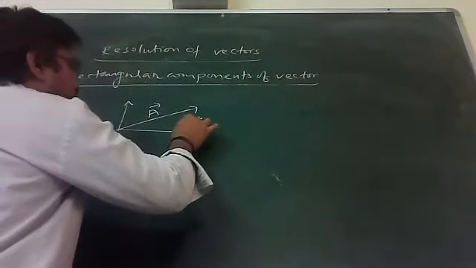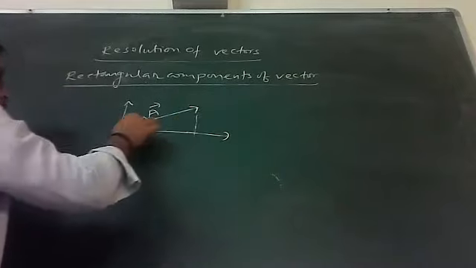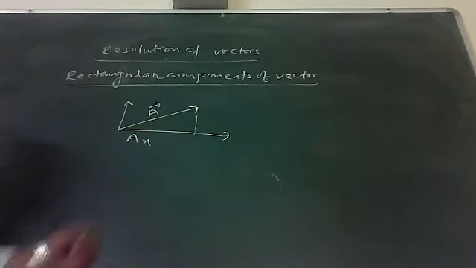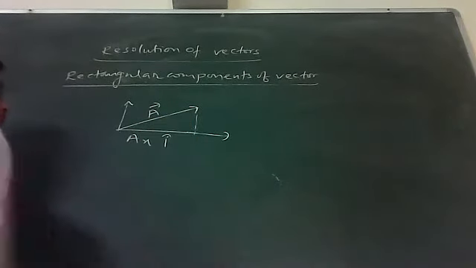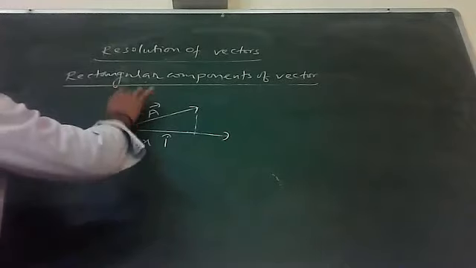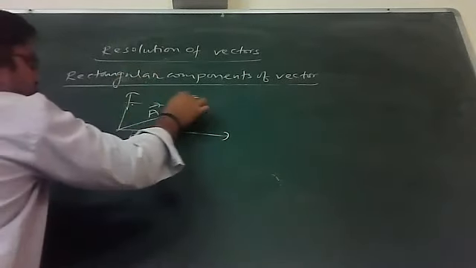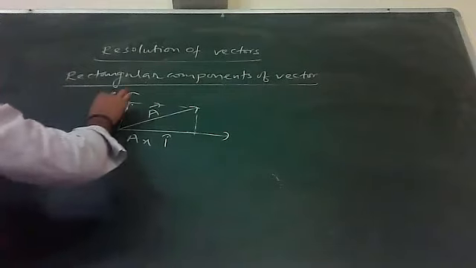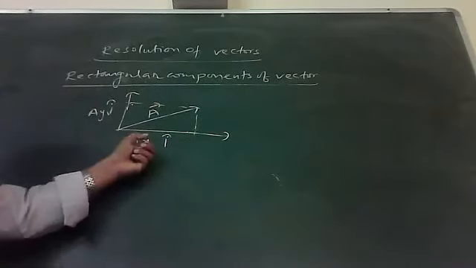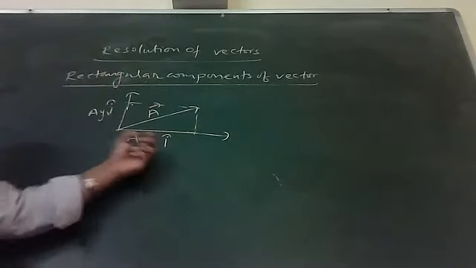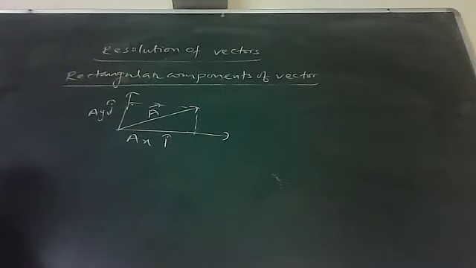And what is the part on the x-axis? This is the part on the x-axis. It is Ax. What is the direction? It will be represented by the base vector, so I will write Ax I cap. Second, for the y-axis, this is the part. I will write it as Ay j cap. A vector is split into the base vectors. If the xy plane is given, then it is Ax I cap, and this part is Ay j cap.